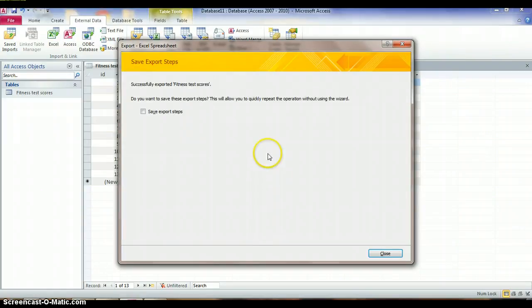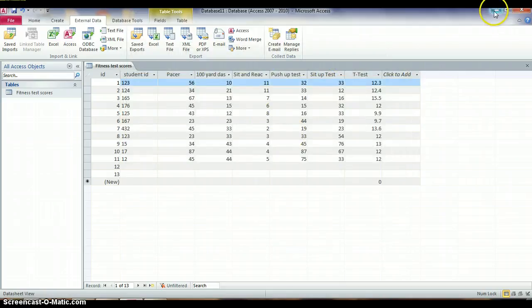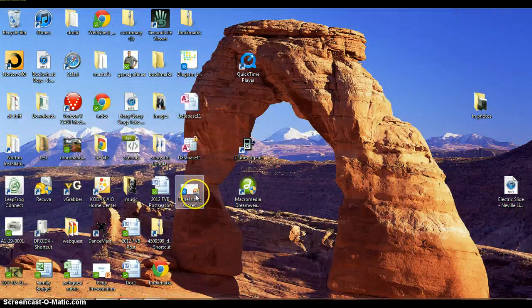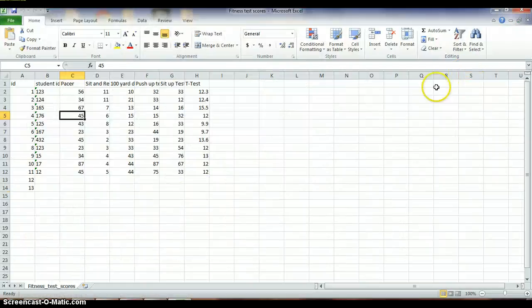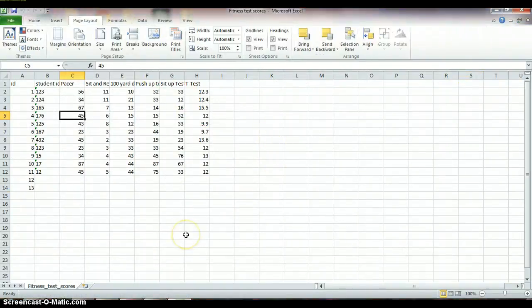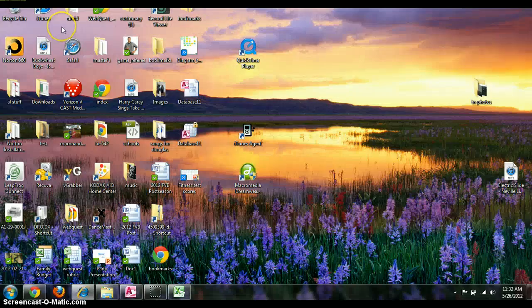And it exported it, and you can save these export steps, but we're not going to do that. Just click Close, minimize the Excel file, and there it is. Click on that, and it pops up, and it's in an Excel file. So you can take this data, and so that is my professional development